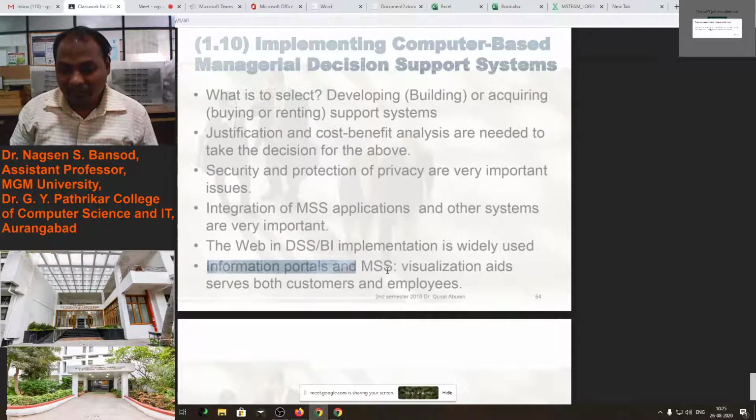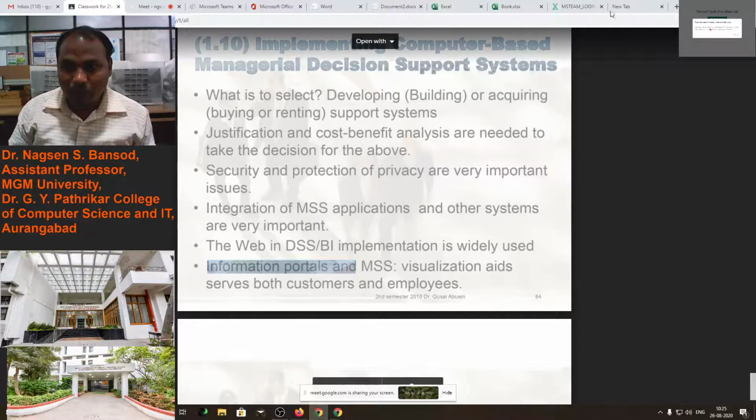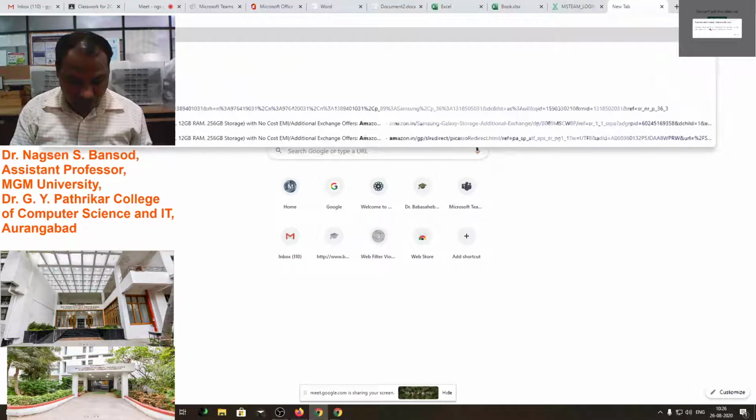Information portal and MMS, the management support system: this is used for visualization of our products and services, and that is helpful to the customer as well as to the employee. You see, suppose we use Amazon.